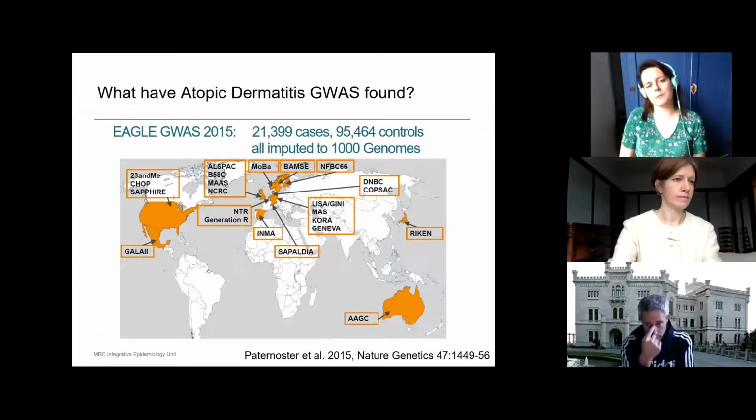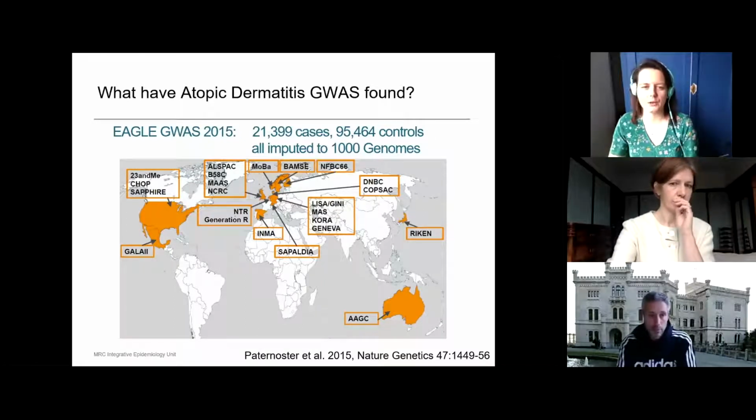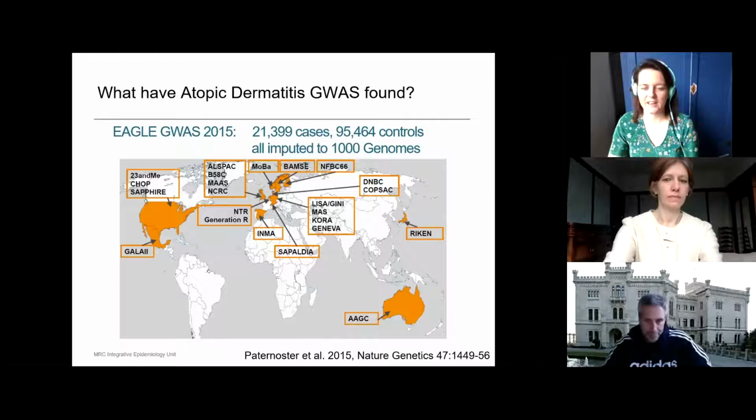So in terms of what we've done with atopic dermatitis in the GWAS that I've been involved in, the most recent published GWAS is from 2015. We're actually in the process of updating this at the moment, hoping to have a much bigger sample size that we're going to report on soon, hopefully in the first half of next year. But the one that we previously published on has over 21,000 cases and over 95,000 controls from a number of studies around the world